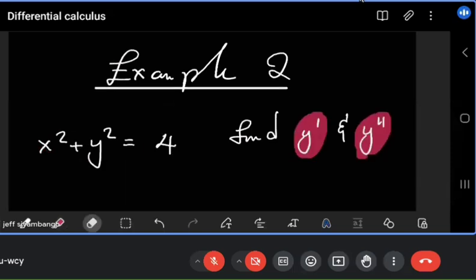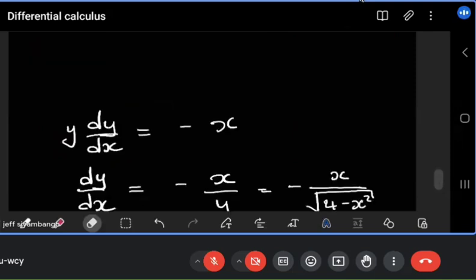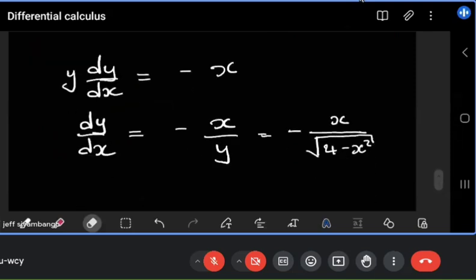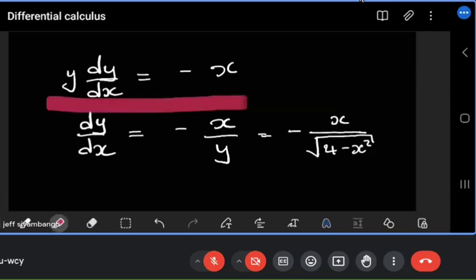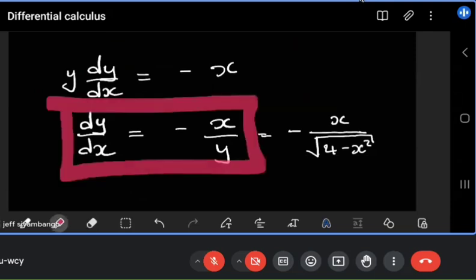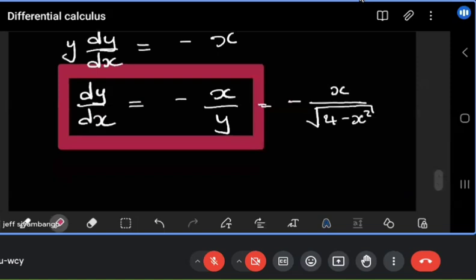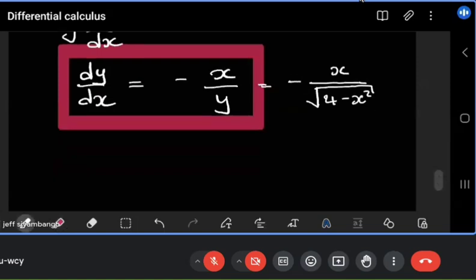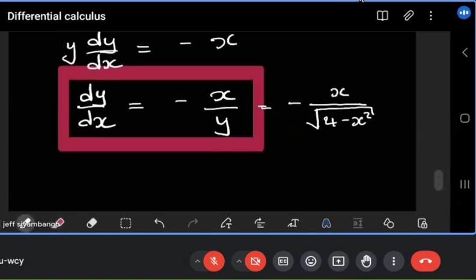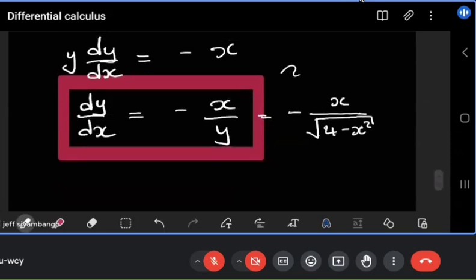For the first derivative, we already saw it. We did implicit, and then this is what we ended up with. But now we want to go a step further and get the second derivative. Now, the first derivative, we can even get this version since we are still going. What will be the second derivative? Where you pick it up from is completely up to you. You can choose to pick it up from here, but notice that if you pick it from here, then you have to differentiate the right-hand side